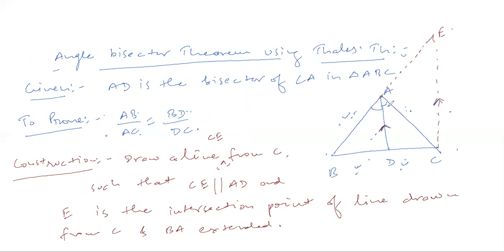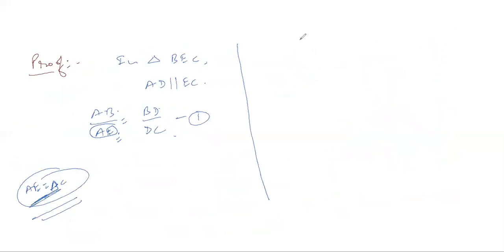So this is the figure, and what else was given to us? We'll see that now. That this angle was equals to this angle. So let these angles be termed as 1 and 2. Now this angle 1 will be equals to this angle. Why will these two angles be equal? Let this angle be taken as 3. So angle 1 and 3 will be equal. Why? Because these two sides are parallel and this is transversal. So angle 1 and 3 will be corresponding angles. Okay, so just write here that angle 1 will be equals to 3, and the reason is that they are corresponding angles.